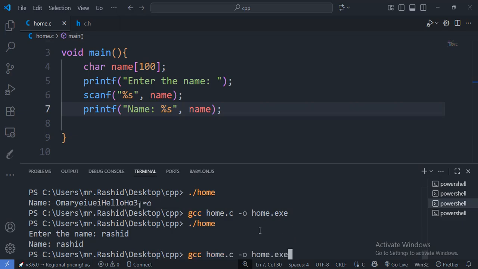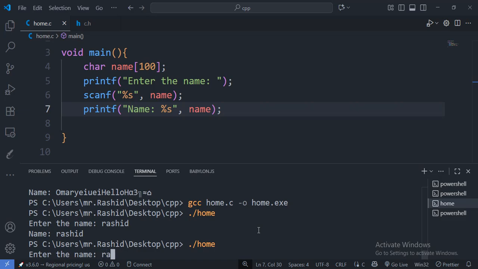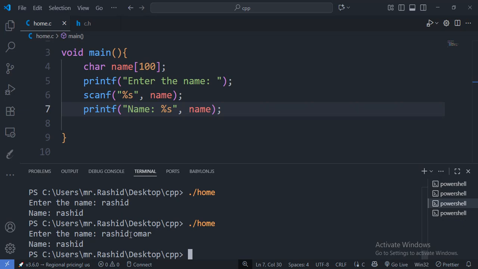So let us insert a name with some space. So let us press the space. Then here we enter Rashid, then Omar. So we have the whole name, Rashid Omar. If we press enter, as you can see,